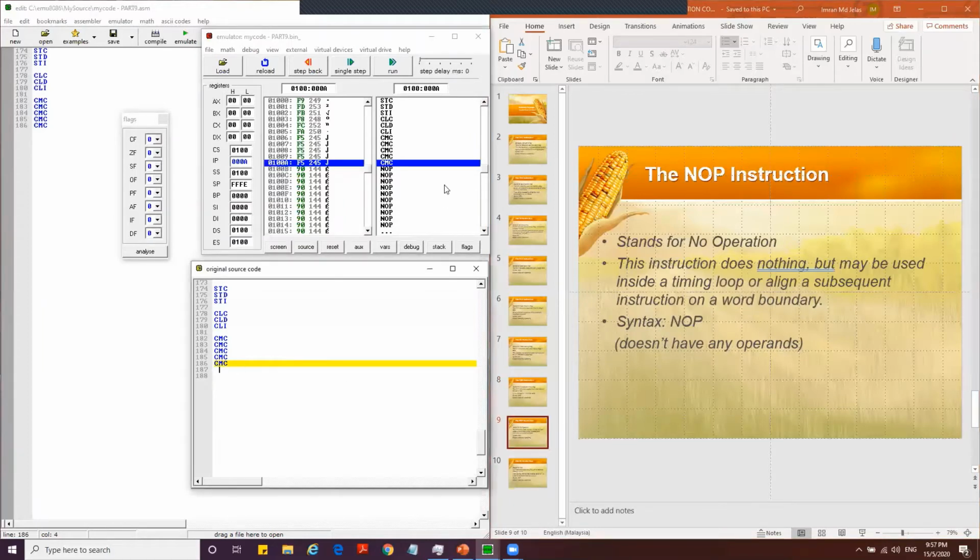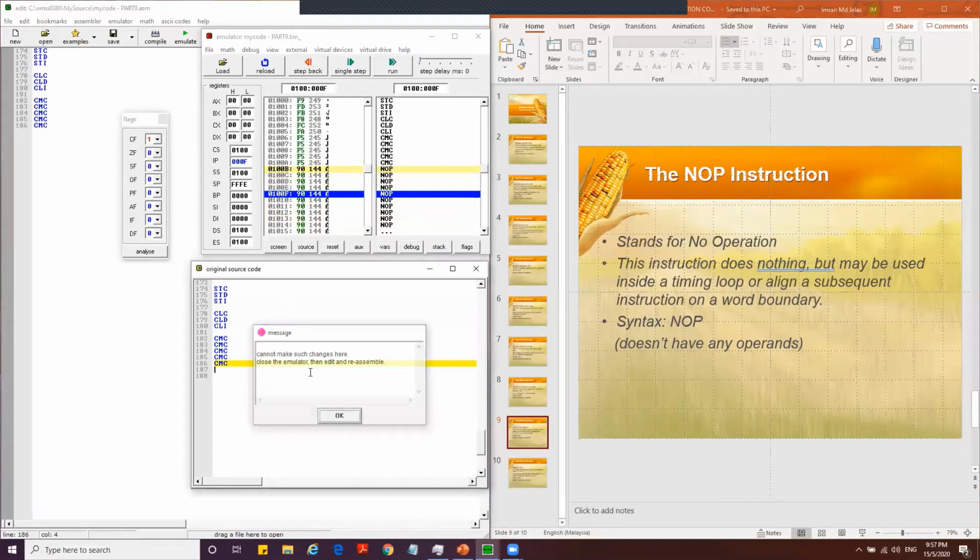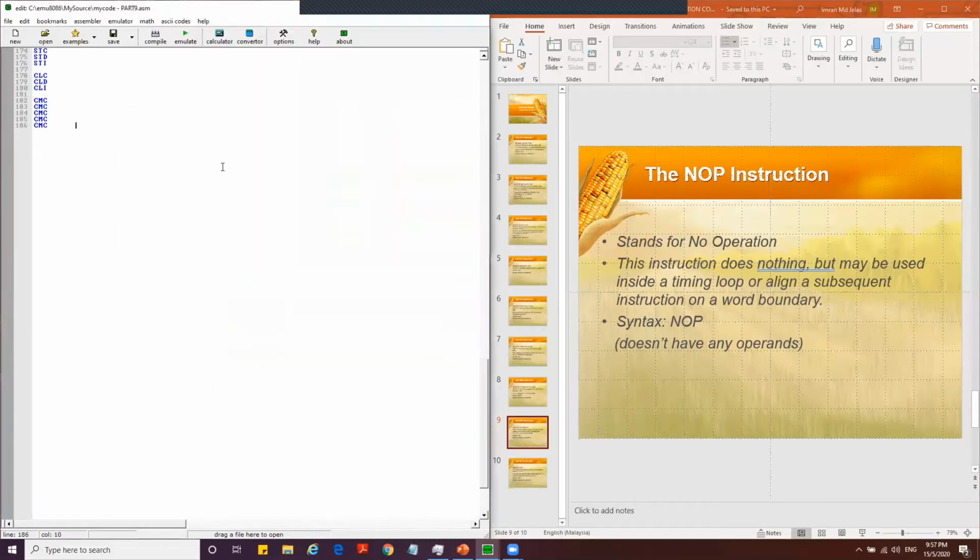So this is an example of no operation, even though we didn't put the instruction. No operation means nothing is going to happen, and you can put as many as you want. Why we invented this NOP is to help us with